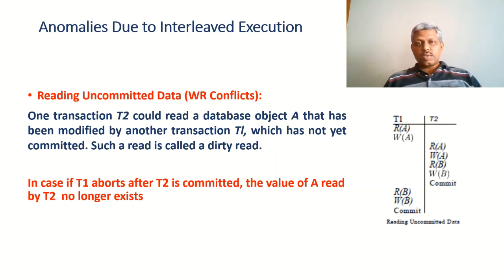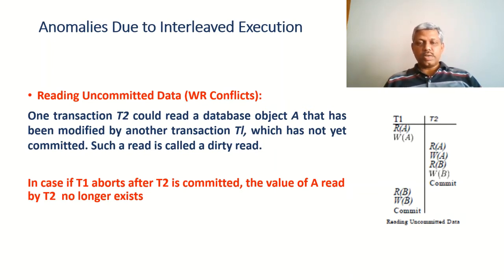Now in this lecture we'll talk about them in detail, and the first one among them is the write-read conflict. That is, one transaction has written the database object value A and another transaction is reading the same value of the database object A written by T1. That is called reading uncommitted data. The anomaly is called reading uncommitted data or a dirty read. If you look at the example,